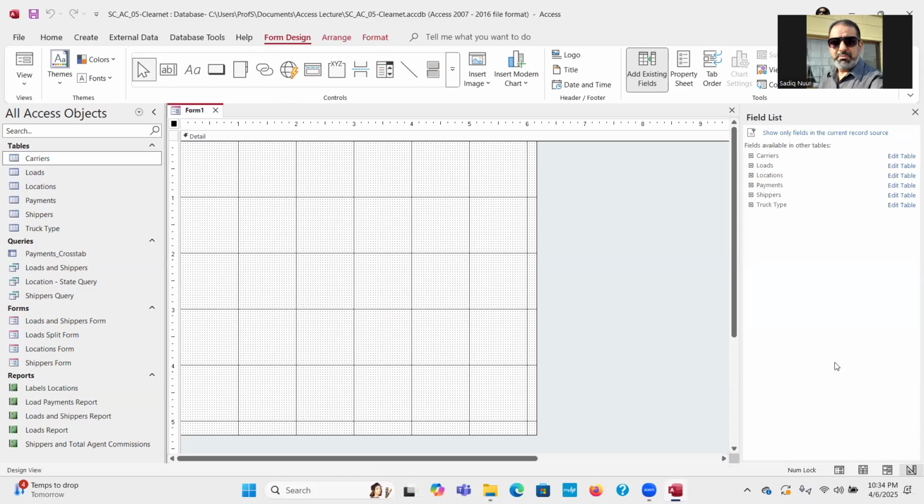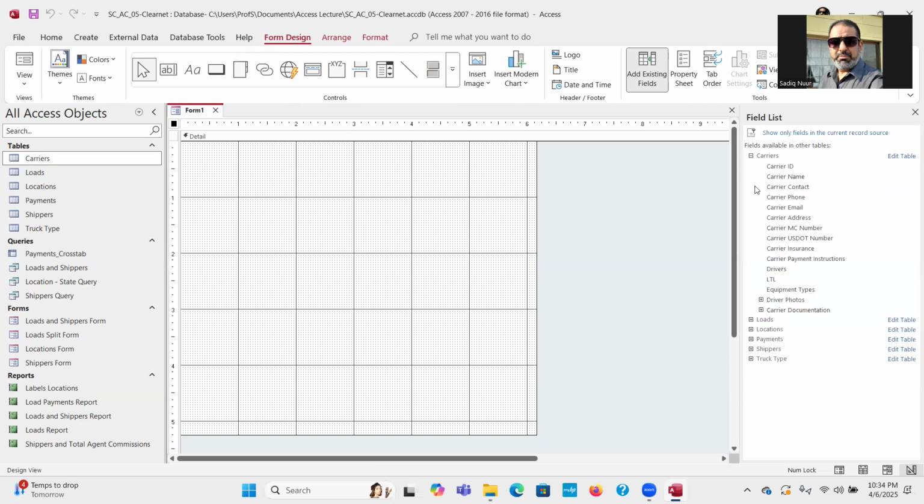So what we need is we need to expand the carriers. Click the plus sign. Now to add the control for a field to the form, we need to place a control for the field on a form by dragging the field from the field list to the desired position, right? So dragging is the easiest way to place a field on a form, right? So the first one I'm looking at is the carrier ID. So I will drag it,